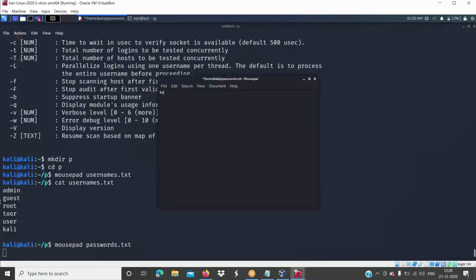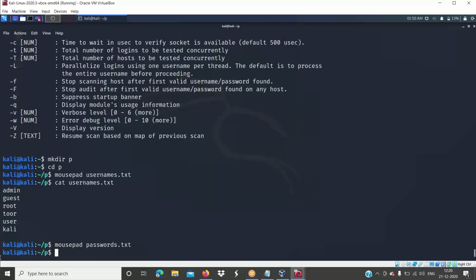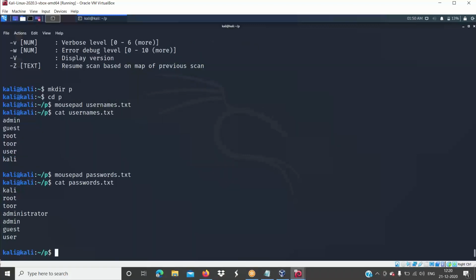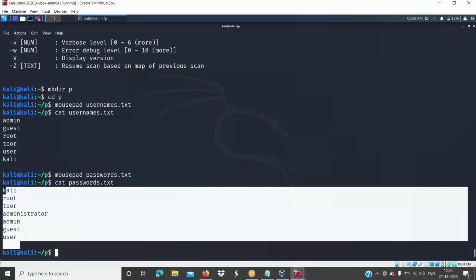Use the same things like Kali, root or toor, administrator, guest, user, something like that. Then save it. So here we got all the usernames and passwords, right?